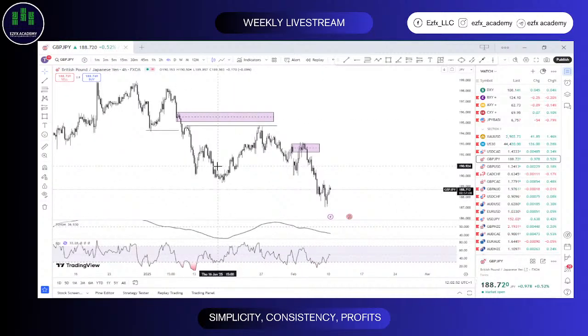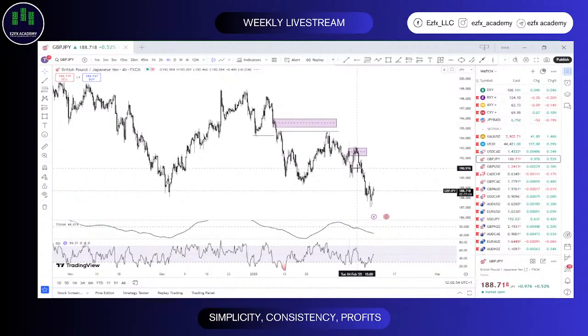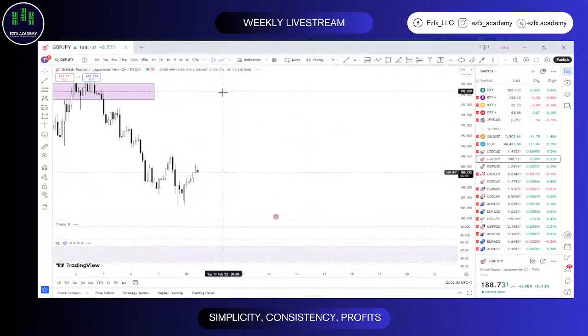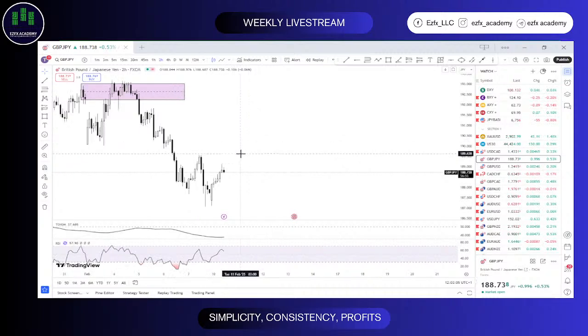So overall, let me just say that before we move on. Overall, I'm still watching out for this guy to continue towards the downside. But I want to see where we can get our re-entry for the sells from. So I think we should expect rather this high.